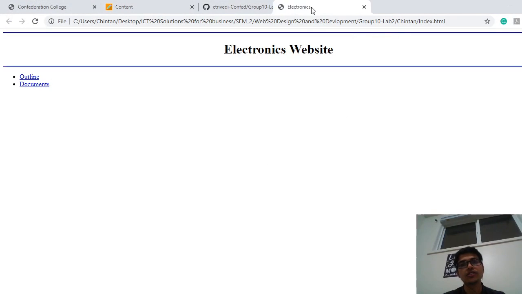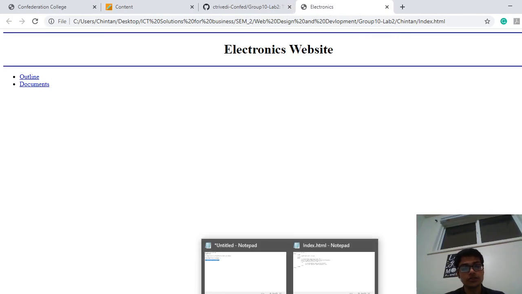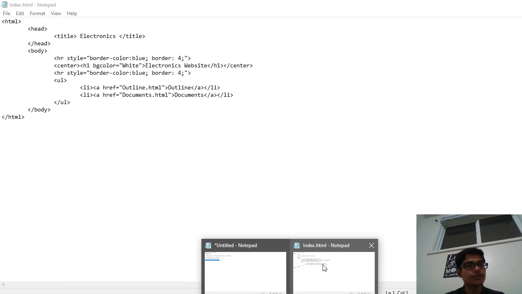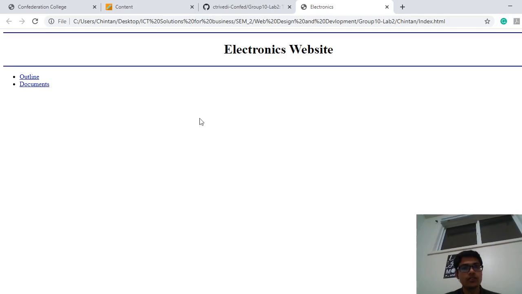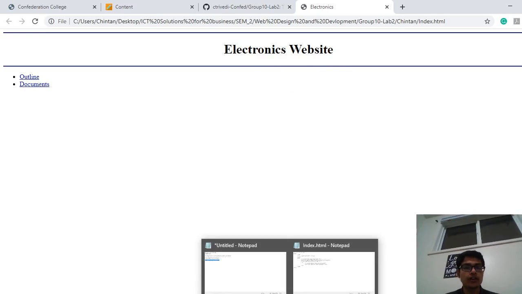And what about body? In the body tag I used two HR tags to draw the lines. You can see here, those two lines, and in between that I put h1 tag